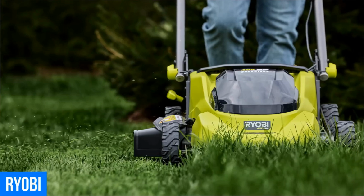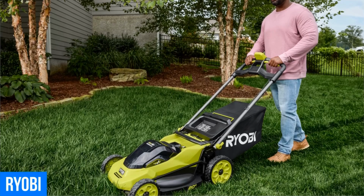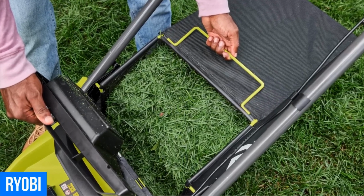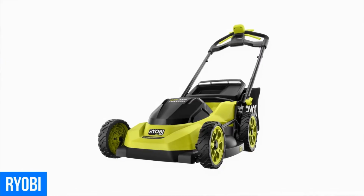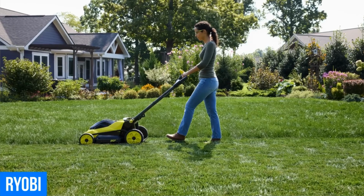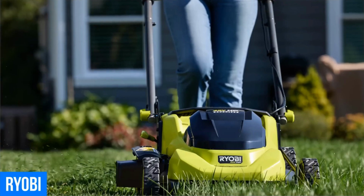or pull cords. The LM07 is your standard single-blade version with a 20-inch cutting deck, rear-wheel drive self-propulsion, and 7-position height adjustments ranging from 1 to 4 inches. You can expect up to 45 minutes of runtime with the included 6Ah battery, plenty to mow about half an acre. It also folds up for easy vertical storage, features pass-through bag removal, and includes 3-in-1 functionality for mulching, bagging,